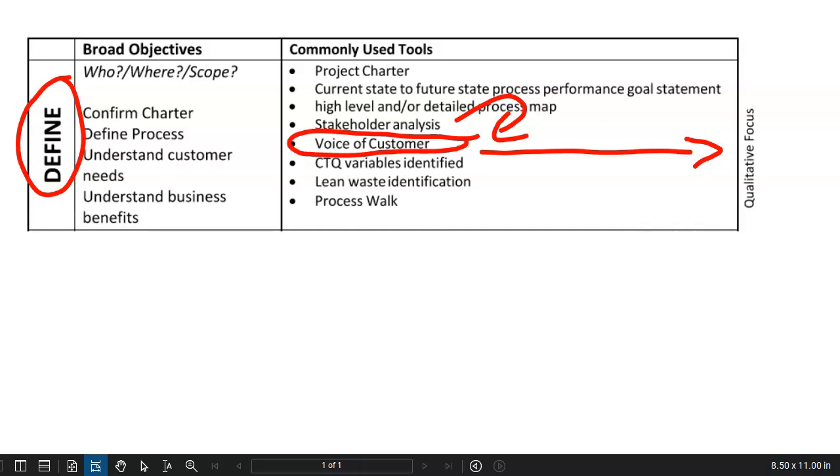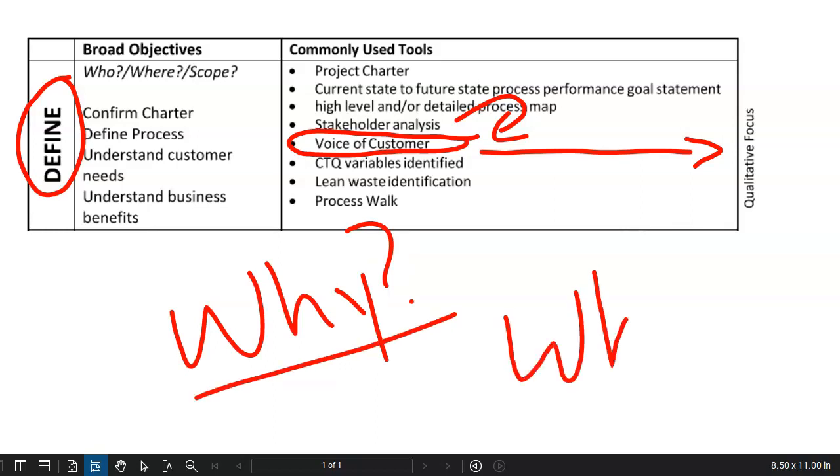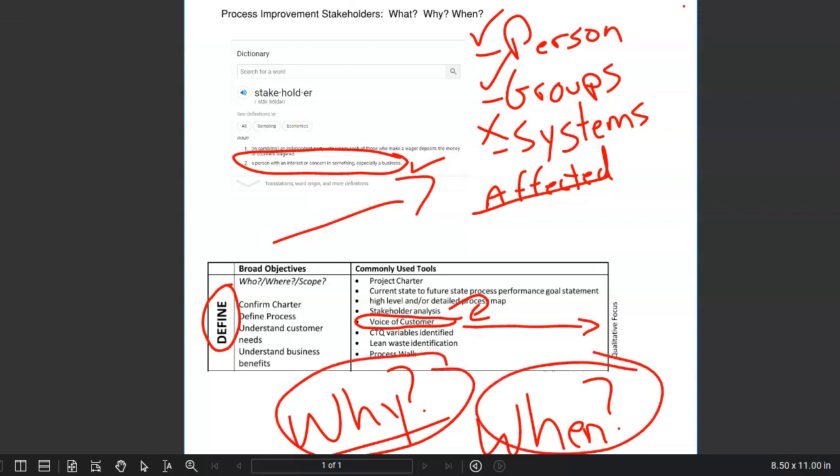But for larger scale domain projects, where not all of the stakeholders are going to be represented by team members, it's an important precursor step to the voice of customer interviews. So there's the why and the when for stakeholder identification. So now that we have the what, the why, and the when identified for stakeholder identification, let's take a